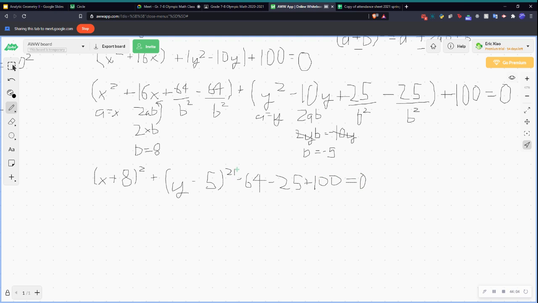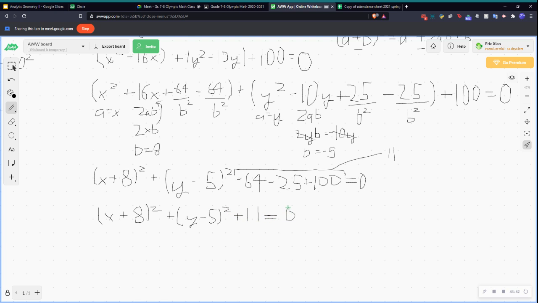All right, I'm just going to simplify this in one step. So minus 64, minus 25, plus 100. Can someone tell me what that is? So what is this part equal to? Yeah, 11. Let's double check. Yeah, it's 11. Okay, so we have x plus 8 squared plus y minus 5 squared plus 11